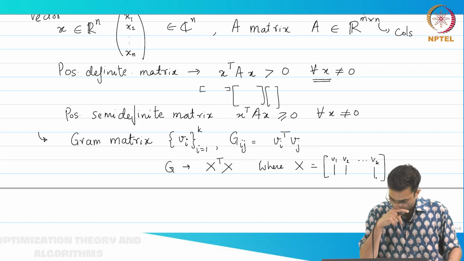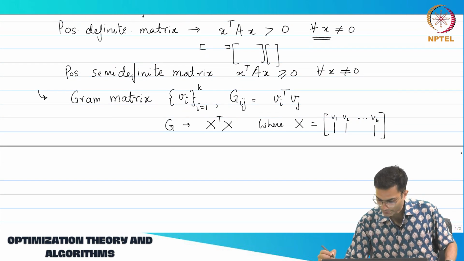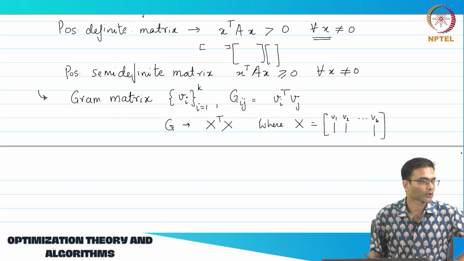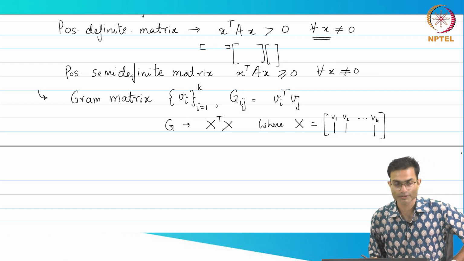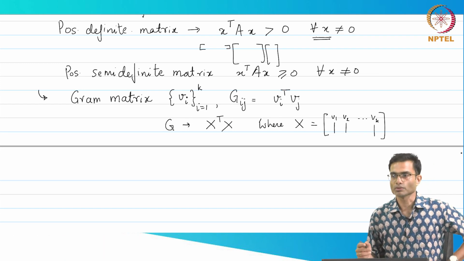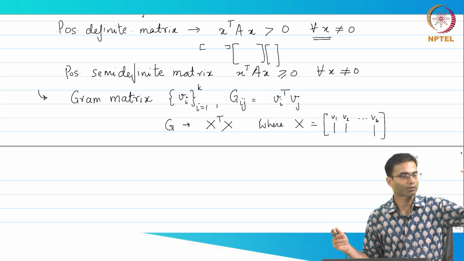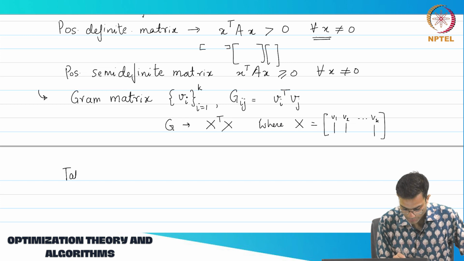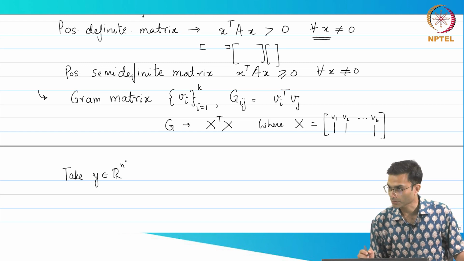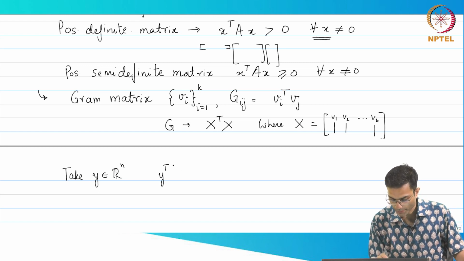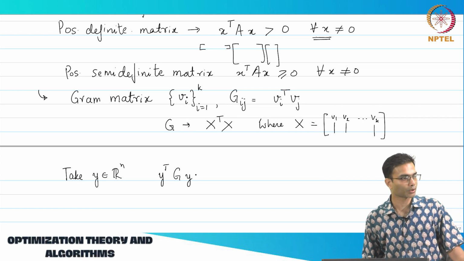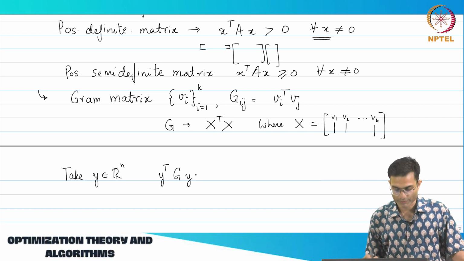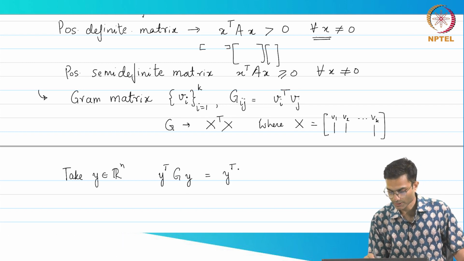Okay. Now let's tackle the question of whether it's positive definite or not. To see whether it's positive definite or not, what do I need to do? I need to stick in one vector and another vector, the same vector, right? So supposing I take any vector which is non-zero, and I do Y transpose G Y. This is what I have to look at in order to conclude whether or not it is positive definite, and then this is going to get simplified as,